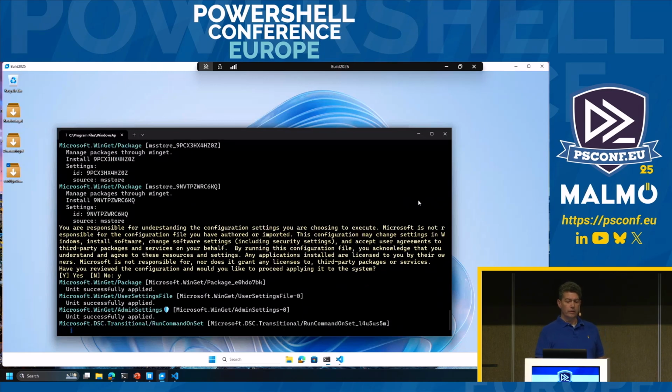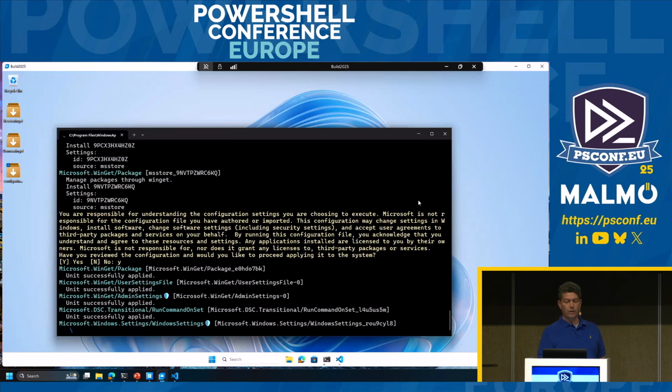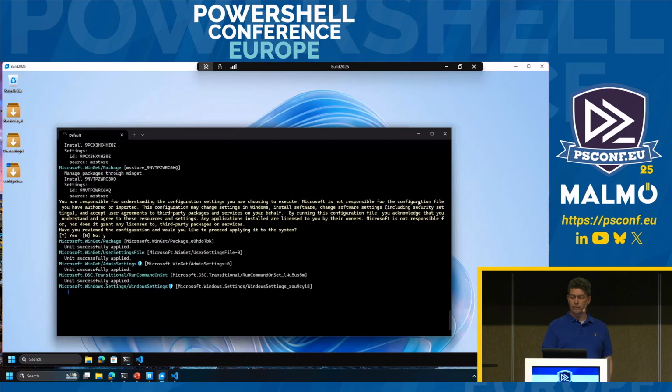It's already started doing some of the work here for making sure things are installed and doing settings. So you see the Winget admin settings got applied. It's now going in and applying the Windows settings. We should see it do the same thing that happened on the desktop. Taskbar gets shifted left, the OS goes into dark mode, and then you'll see it continue iterating through all of the rest of the packages that were installed.